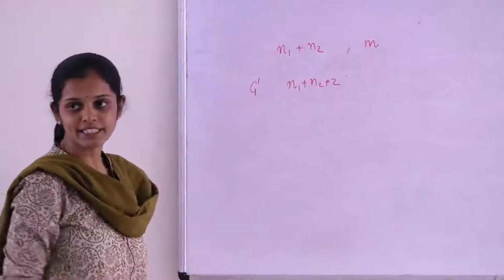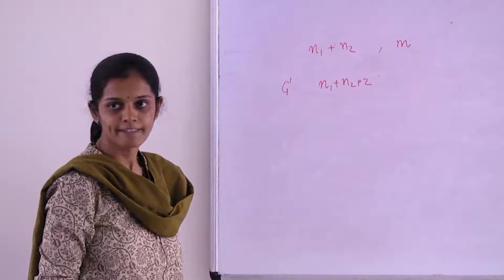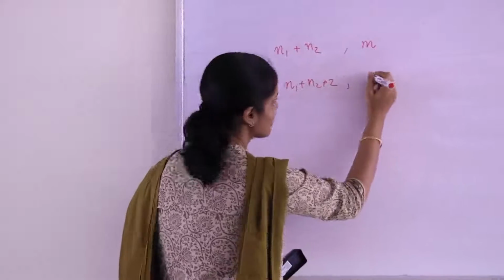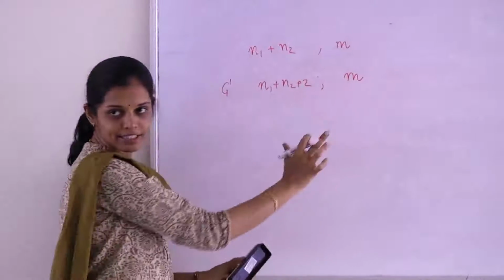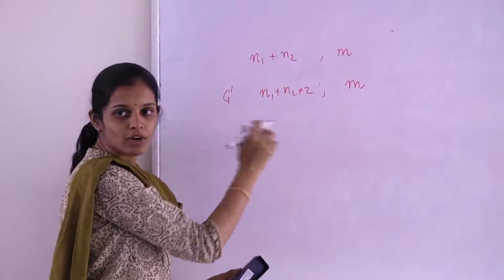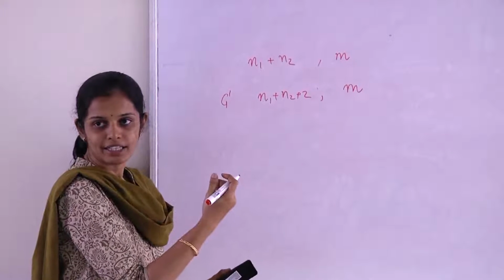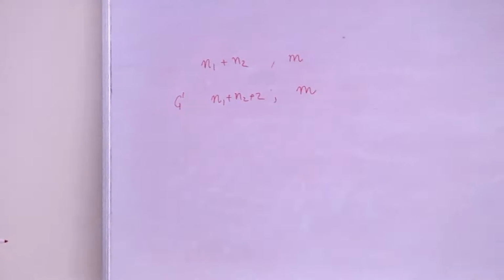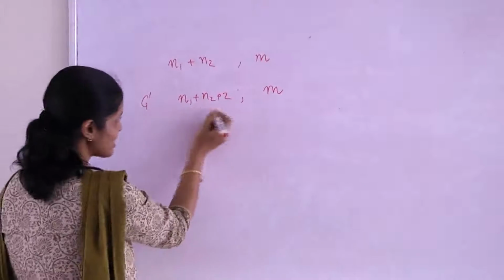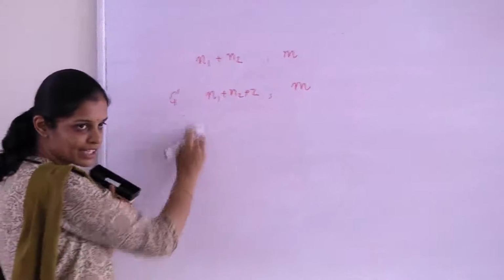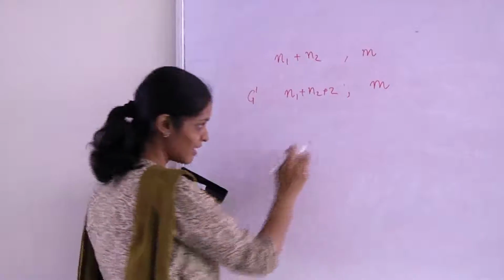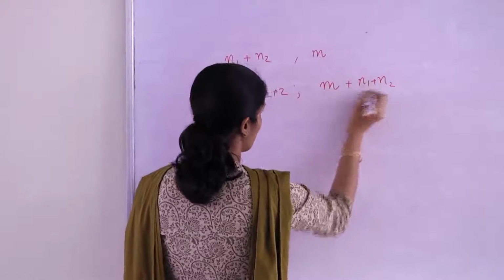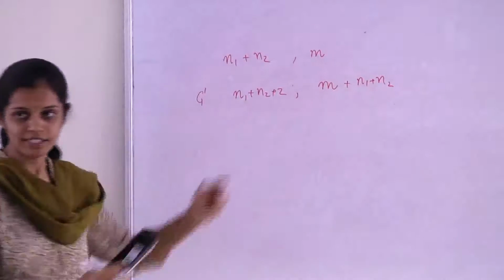And how many edges are we drawing in that graph? Certainly we are retaining, we are giving directions, but that doesn't increase. So we certainly have all the m edges that we have, but we also have some extra edges. How many edges are there extra? m plus n1, that is why I wrote this as n1 plus n2, because we have n1 edges coming from this side, s to every vertex, and n2 edges. So this is precisely n1 plus n2, or n, which is the number of vertices in the original graph.